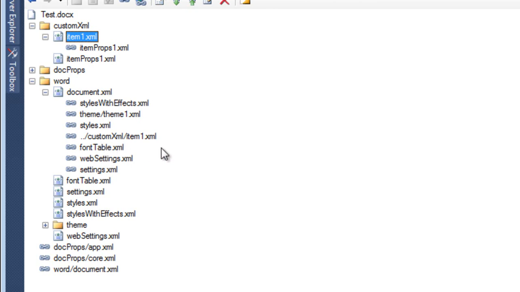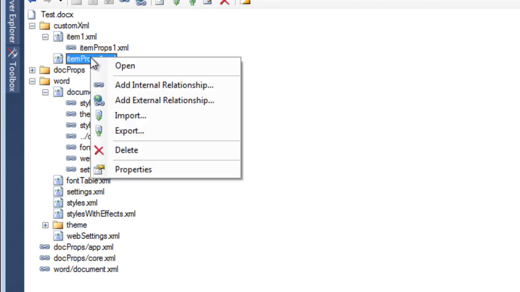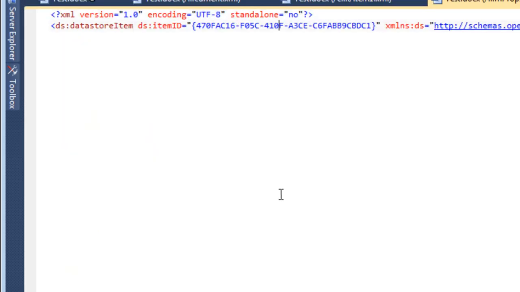It then finds this customXML/item1.xml. It goes to this item1.xml and sees that it has a relationship to this itemProps1.xml. And if we open this,